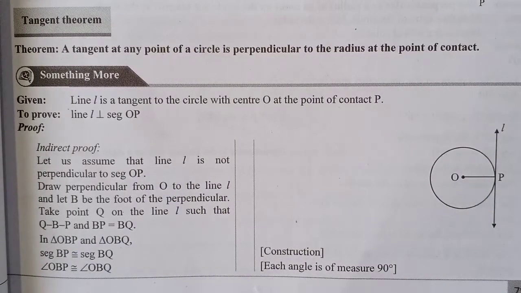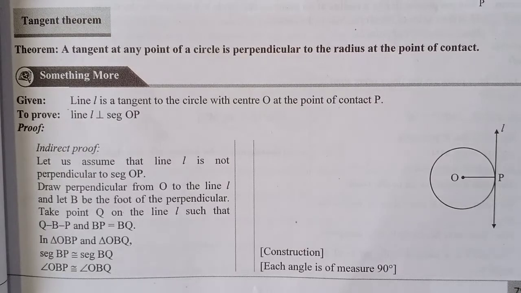Students, from last lecture we have started with the third chapter of Mathematics 2, that is Circle. Our first lecture was about prerequisites, means basic concepts or previous concepts that you have already studied in class 9. So I hope that part is very much clear to you. Now from today's lecture we'll start with the actual chapter.